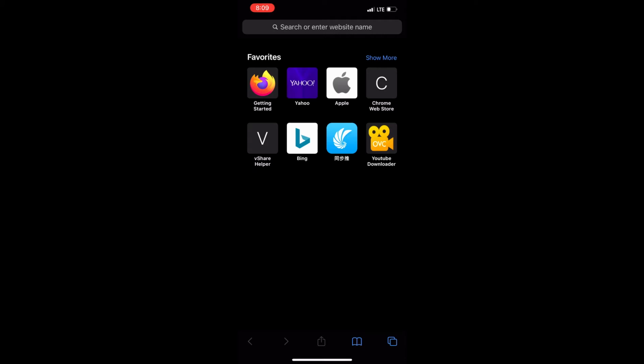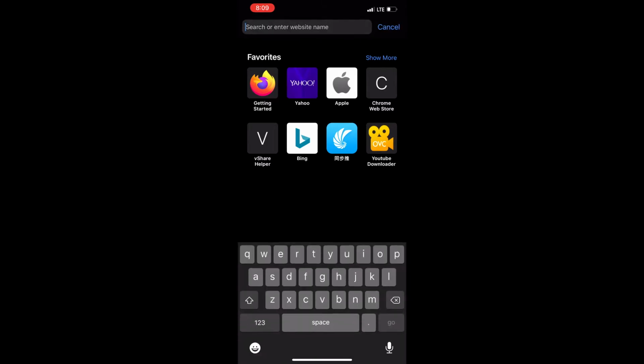Hello everybody. So today I am going to show you how to install and use the Siri shortcuts on your iOS device. So the first step, we're going to want to open up your default web browser and type in